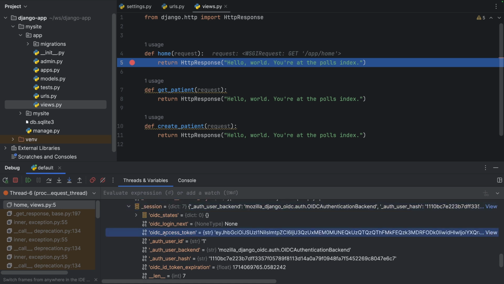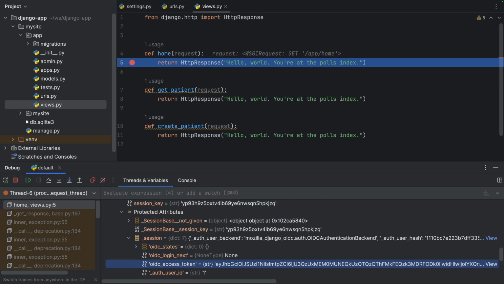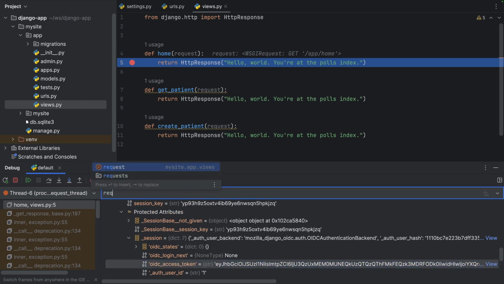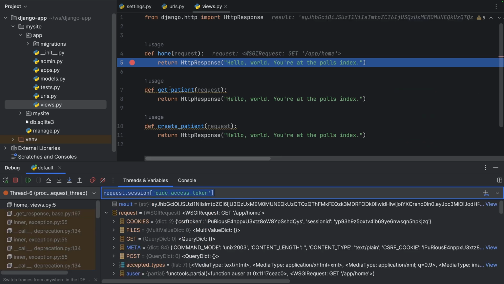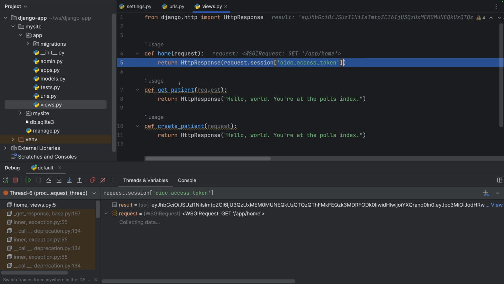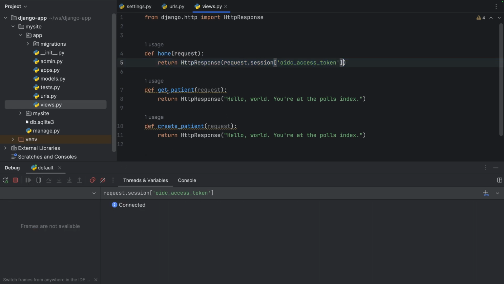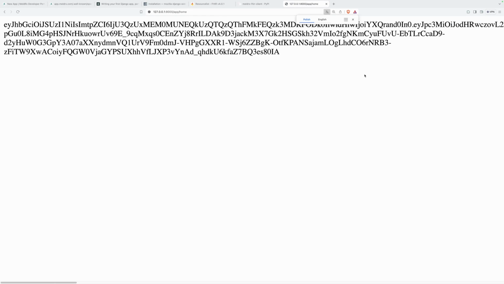So as part of OIDC, we have an access token stored over here. Okay, to get this access token, we can go to the request variable session and then access it like a dictionary. So IDC access token, just like that, and there's the access token. So if I just replace this over here, we can actually start getting the access token from this home endpoint. So I'm going to press play on here, come back, and here we can see the access token being displayed